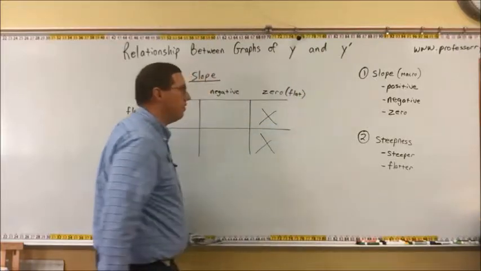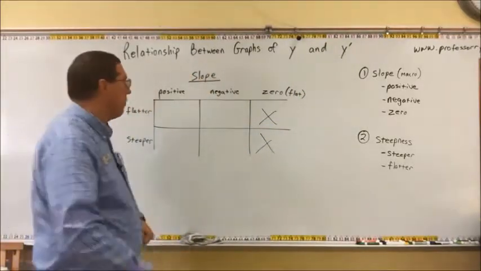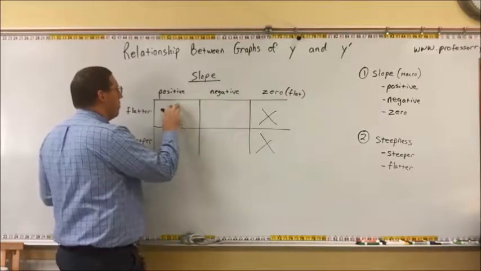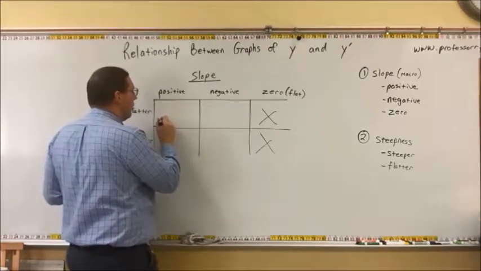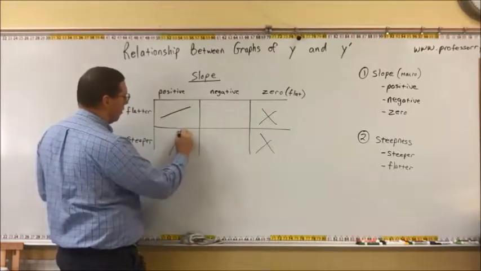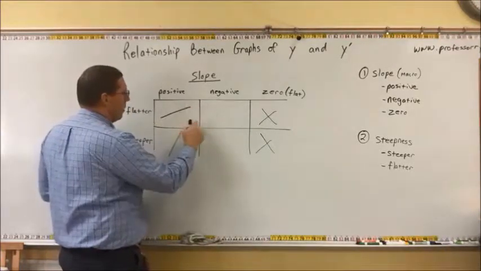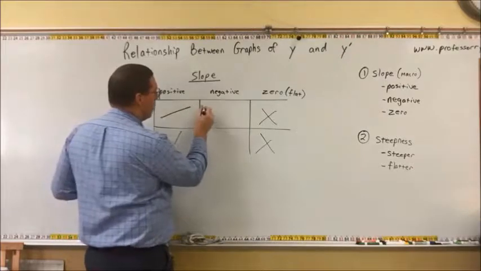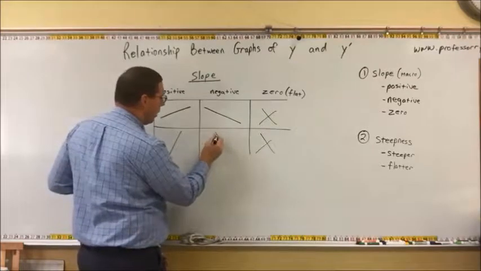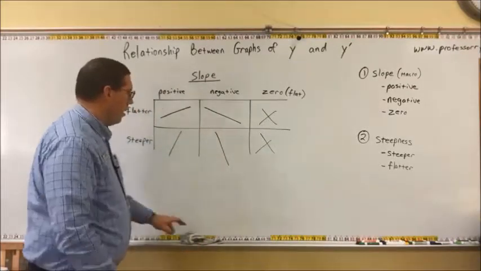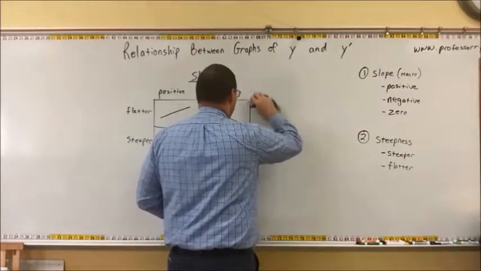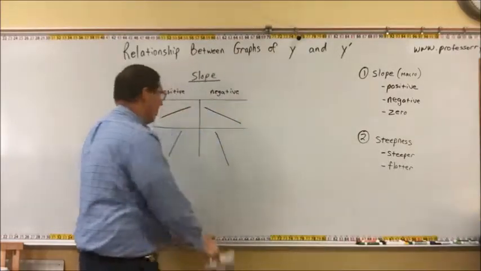That's when it's totally flat. Not flatter, but completely flat. So now we're looking at four basic shapes here. We have positive and flatter. That looks something like this. And then positive and steeper. And that looks more like this. Negative and flatter would look like this. Negative and steeper would look like this. Okay? And so those are our, and let's get rid of zero over here. So this really is what we're concerned with